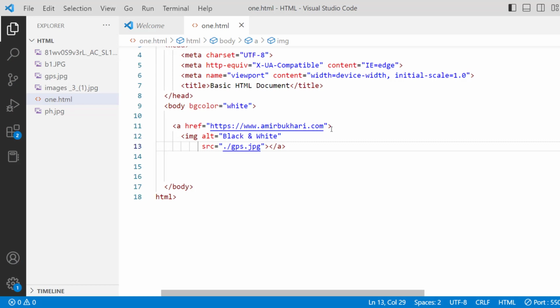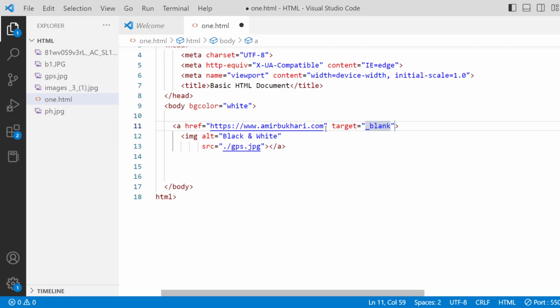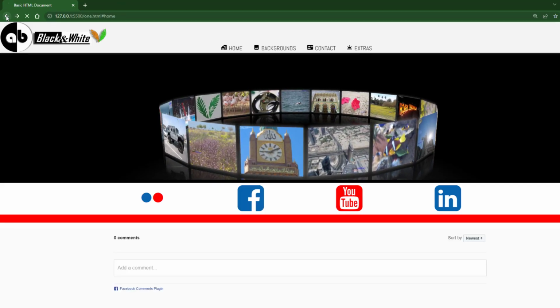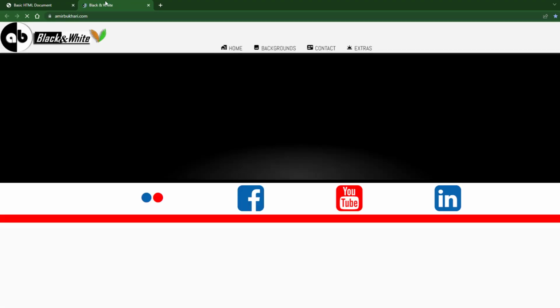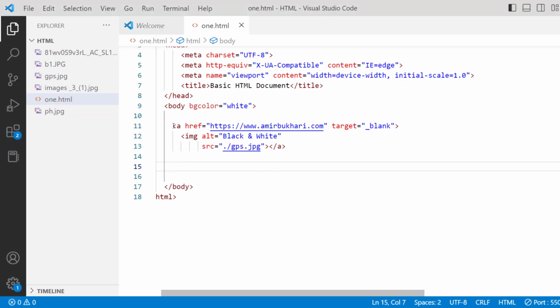Let us just put the target here, right? No, I did not save it. Now you can see it opens in a separate window. Now what is happening here? First thing, we have the anchor tag. Here the anchor tag starts and here it ends, right? Now here is the reference, means